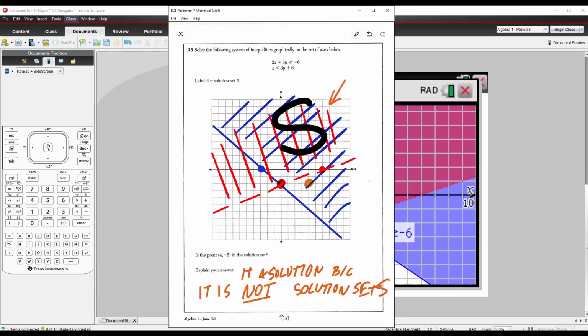So this would be 2 points, if I shade it right, label it right, make sure my lines are dashed, and then answering it, this would be another 2 points. Guys, we got to get this one. They're going to have one of these. We have to label everything properly, and we have to make sure we answer the question. All right, that's it. I'm going to post this, and